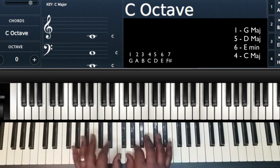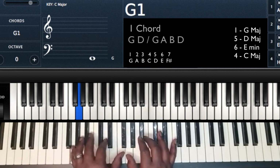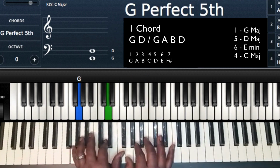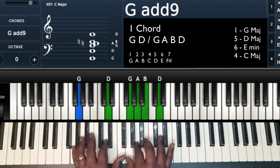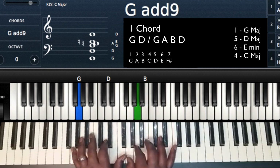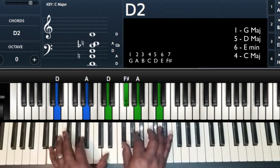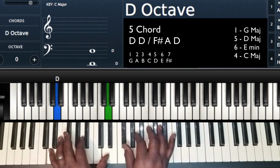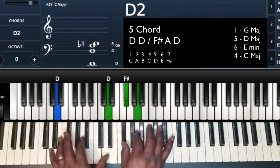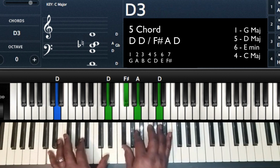All right, so those chords. One chord: left hand G and D, right hand G, A, B, D. 5 chord: left hand I'm playing D and D, right hand I'm playing F sharp, A, and D. 6 chord,